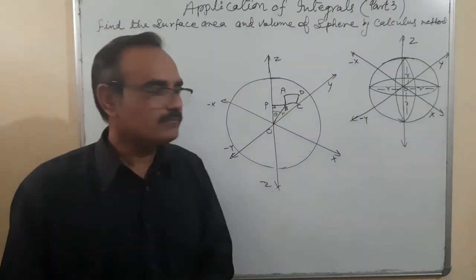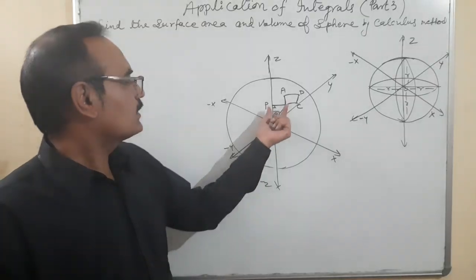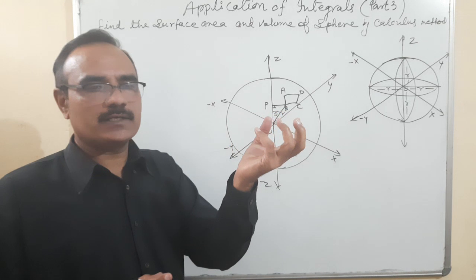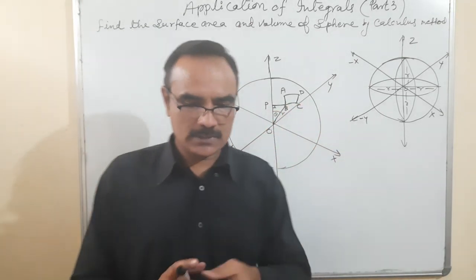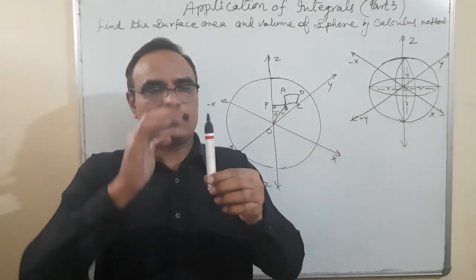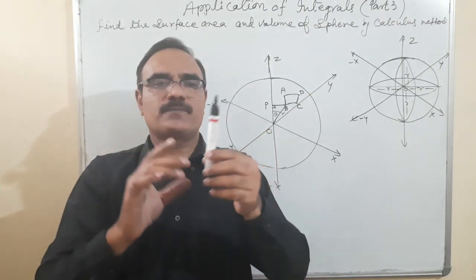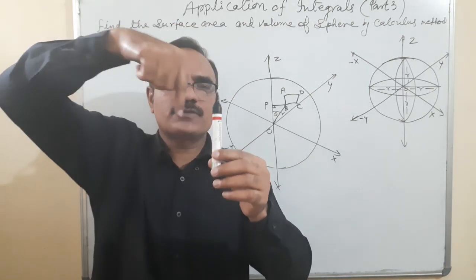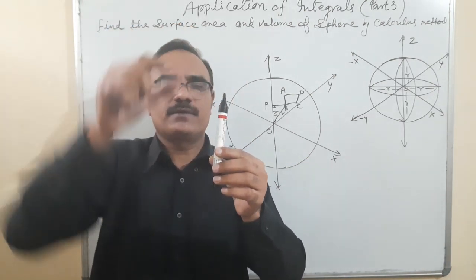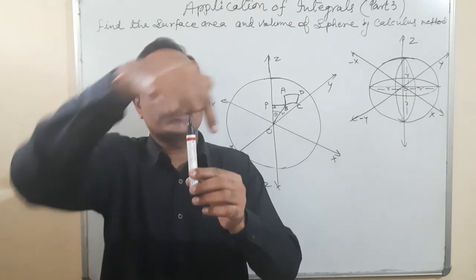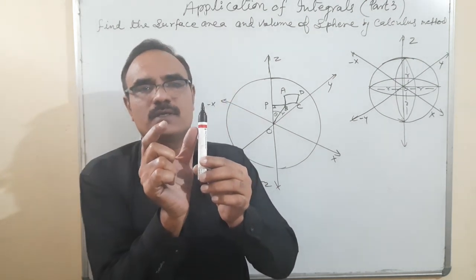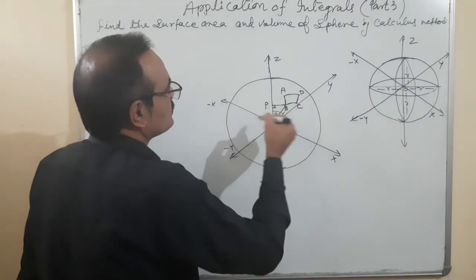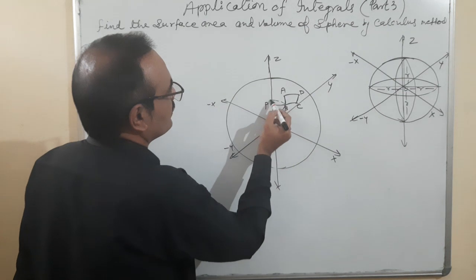Okay. Here what happens? This is PB. It is not equal to radius. You can understand, suppose there is a sphere. So it is the radius. And suppose that is the portion when we are going to find the length from here to here of this circle, then what happened? This is the radius. So here I have taken that one is the radius, which is rotating like that.